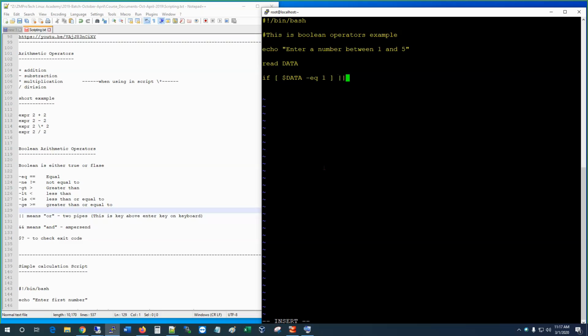If the value is 1 or if the value is, enter a number between 1 and 5. If the number is 1 or equal to 3, and then 5, semicolon,